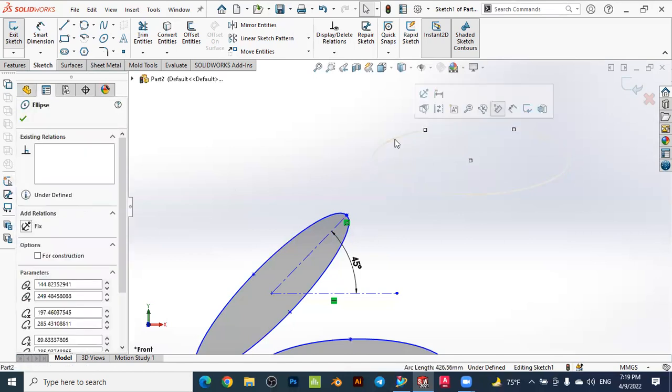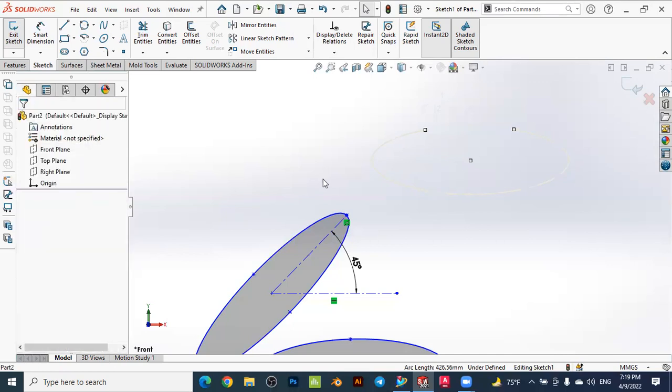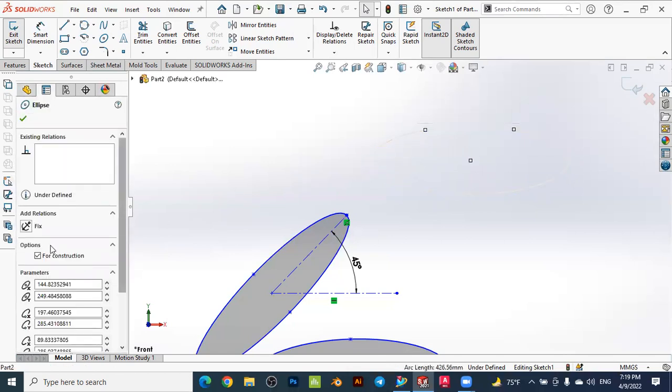So if you want to convert to the constructed line, just press the partial ellipse here, sketch, and here activate this option, and just close the dialog. And to see the result, you see it will become the dashed line, and it is the constructed line, not the main line. So if you want to convert again to the main line, just deactivate this option and just